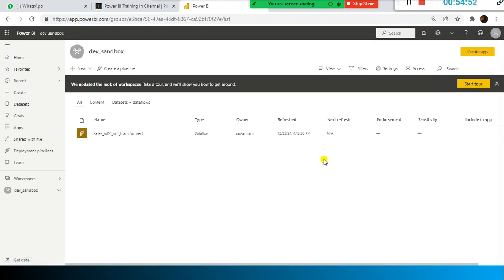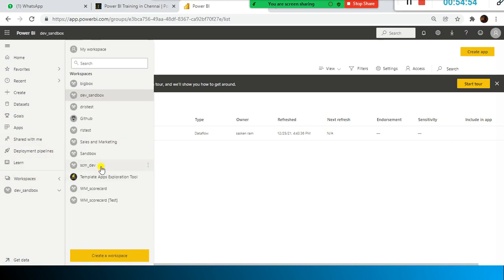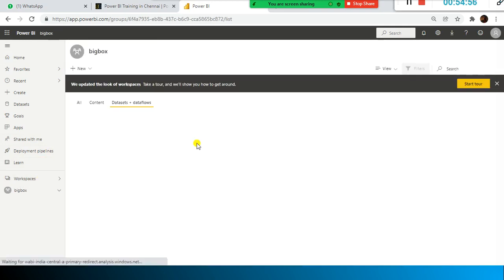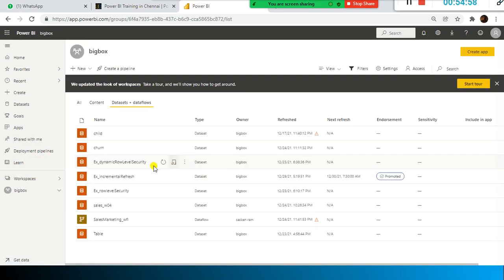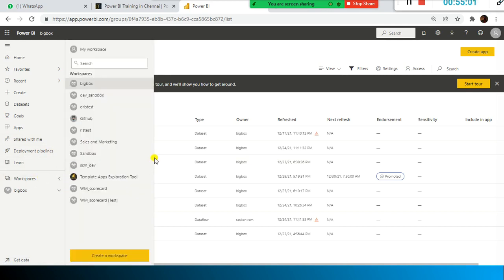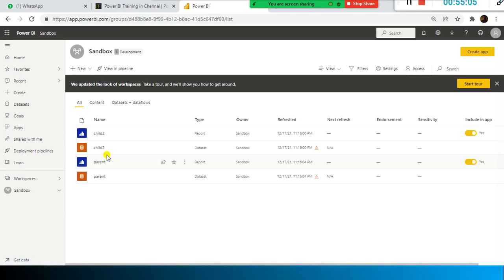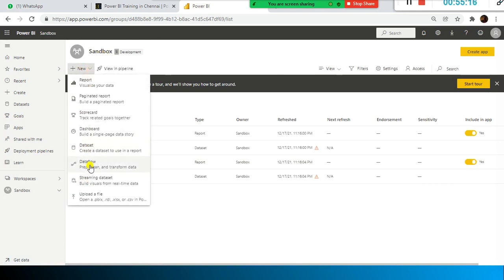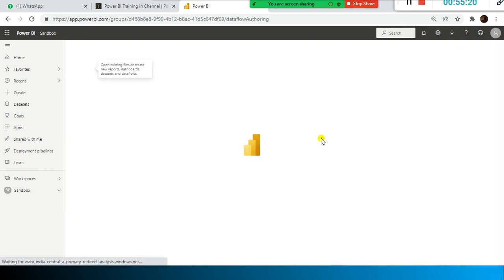Yeah, it is already there, and this is for another batch we gave a demo, so let me use something else. Yeah, this is the one I'm going to use. In this workspace I select new. In this you have dataflow: prepare, clean and transform the data. I select this one.